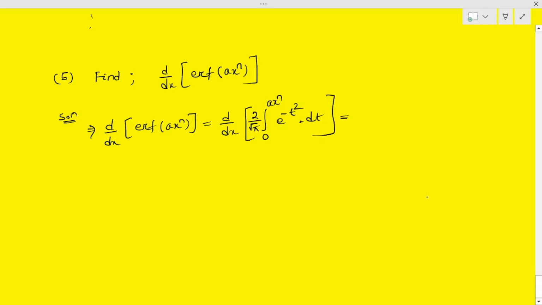So 2 by root pi is a constant taken outside, and we have to find the value of d by dx of the integral from 0 to a x to the power n of e to the power minus t square dt by using DUIS. Now apply DUIS, we get